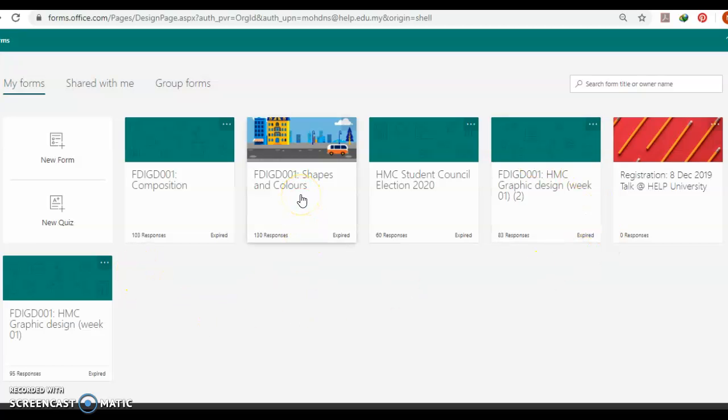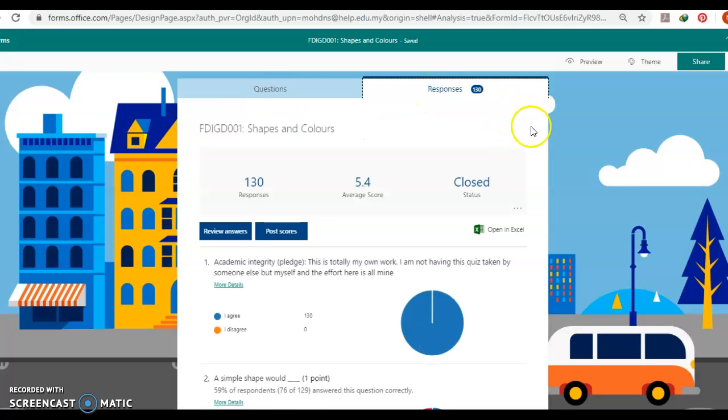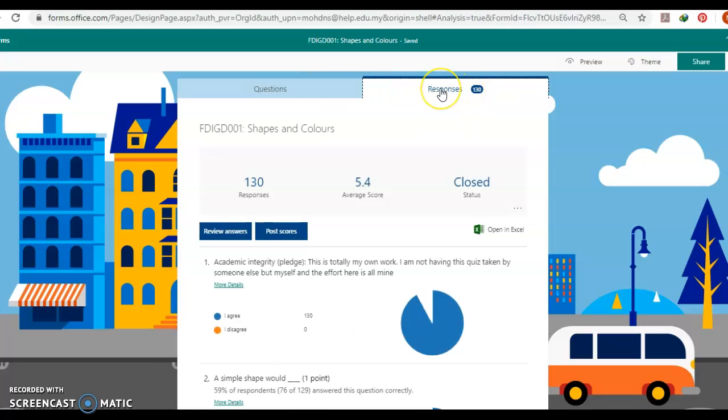We're going to have a look at this one, FDIGD001 Shapes and Colors. It's a previous quiz that I did, and you can see that these are the questions and these are the responses. Now, with regards to the results or how the students did in a particular quiz, Microsoft made it much more straightforward than Google Drive if I were to compare the two. The questions are here and responses here. Once you click on responses, you immediately see open in Excel, and once I click on that,